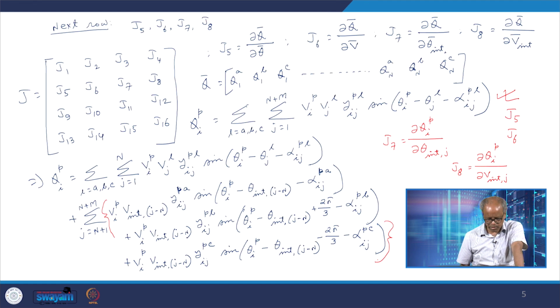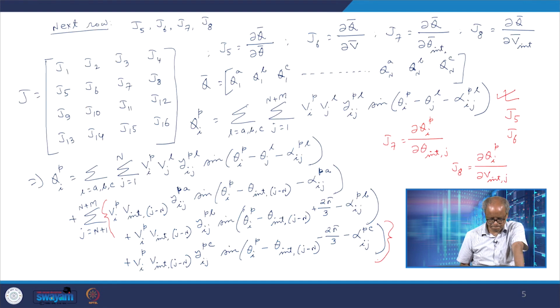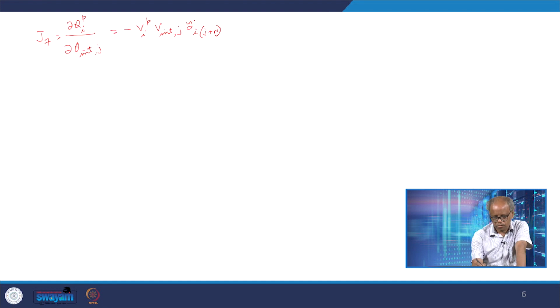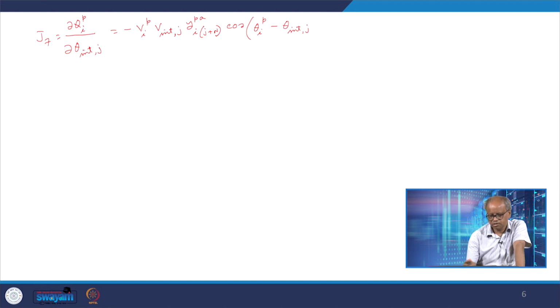Please note it will again be Y I j plus n PA, then sine, theta I p minus theta internal j minus alpha I j plus n pa, but it would not be j, it is j plus n pa,